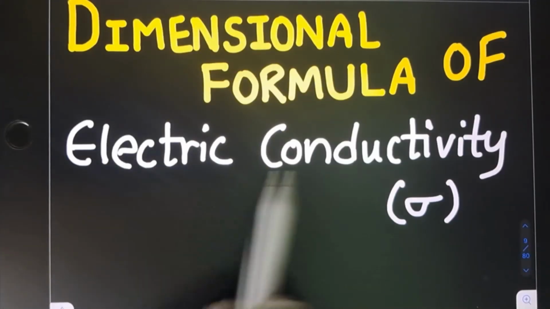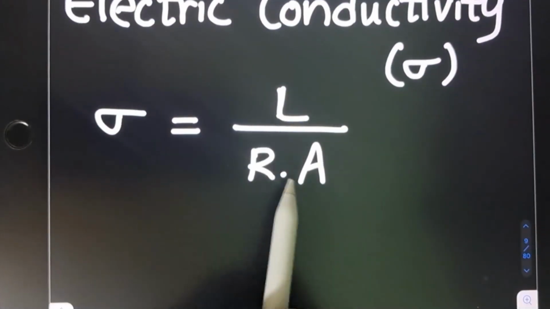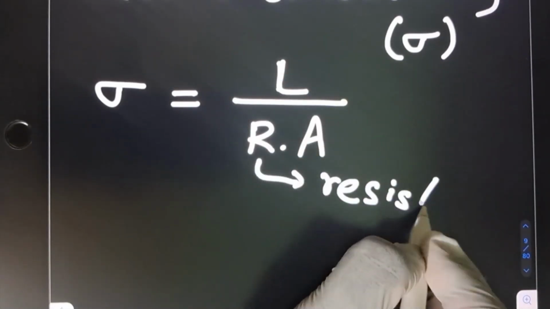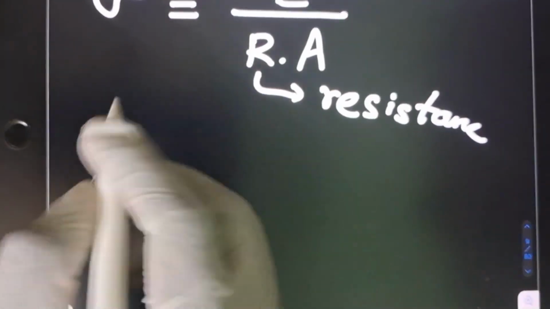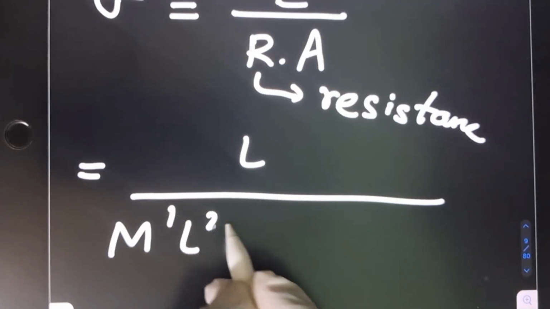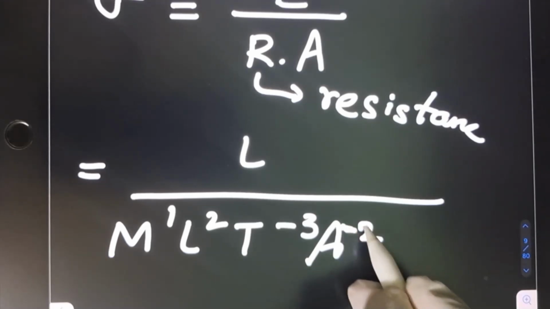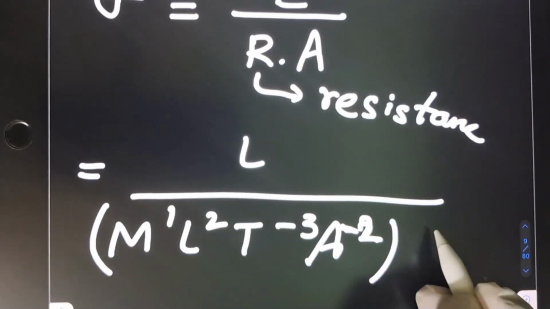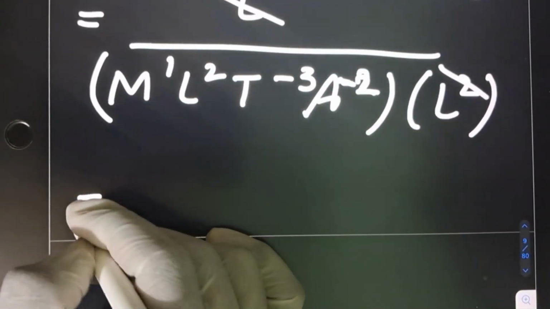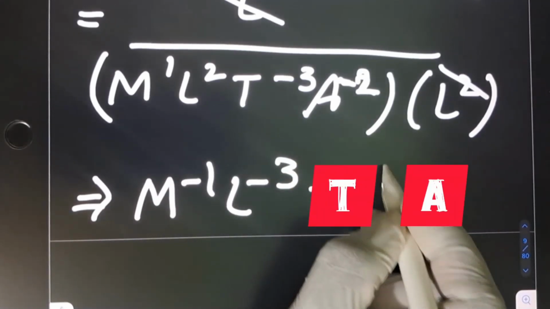To find the dimensional formula of electric conductivity, denoted by the symbol rho. Rho is equal to length by resistance into A, area. So here length L by resistance M power 1, L power 2, T power minus 3, A power minus 2, into area, length into breadth, so it is L square. On cancellation of length and reciprocation, we get M power minus 1, L power minus 2, T power plus 3,